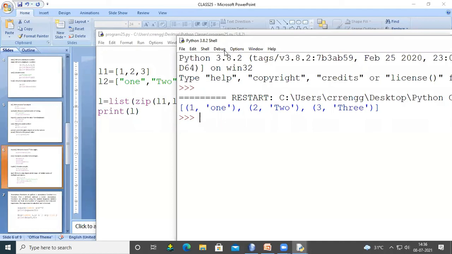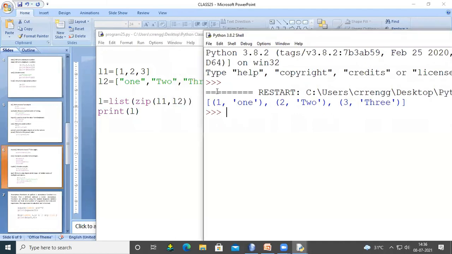Each element of L1 and the element of L2 will be zipped, and this is the tuple here.